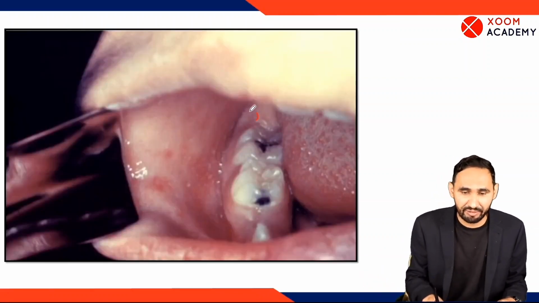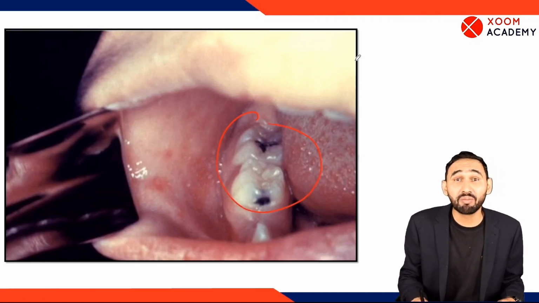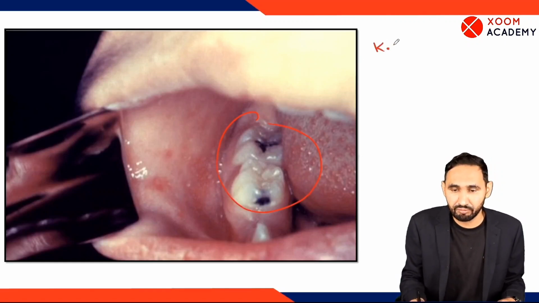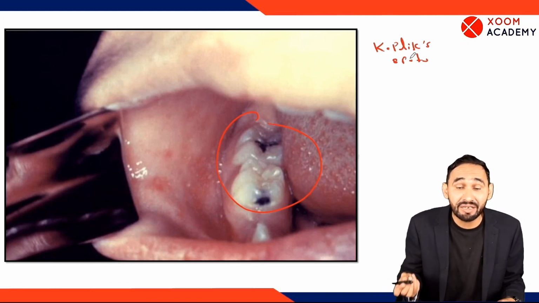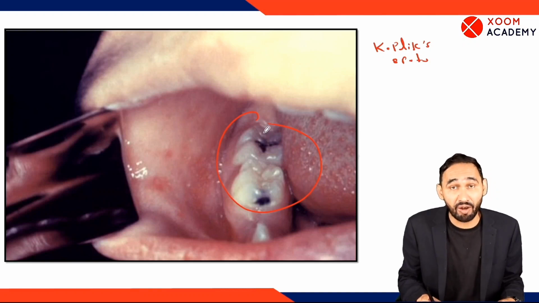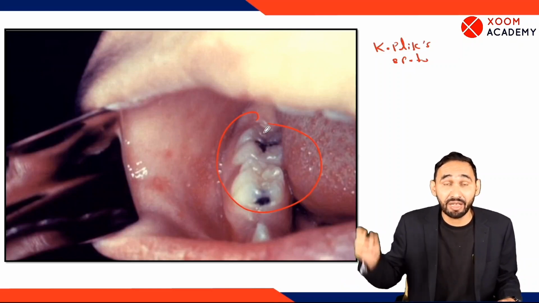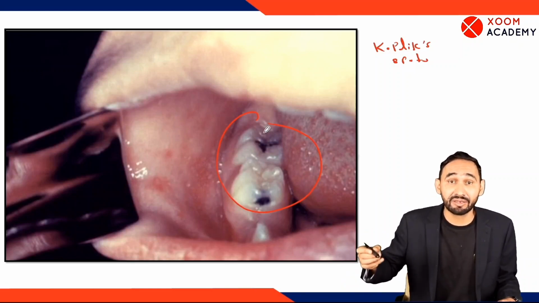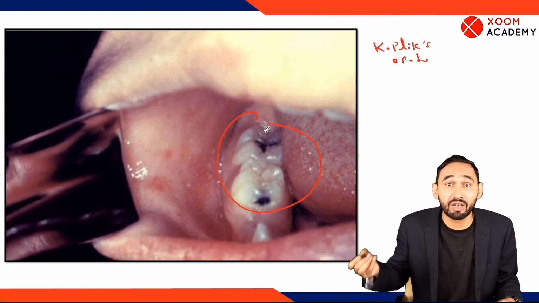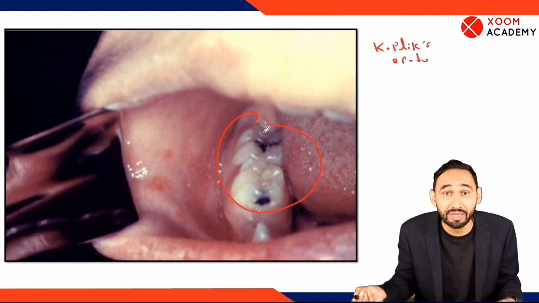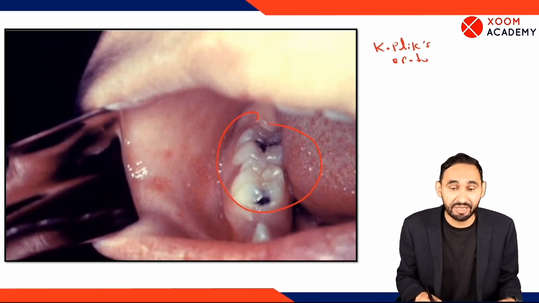Then Koplik spots. What are Koplik spots? Koplik spots are a pathognomonic sign of measles. They are pinhead size. They appear on the buccal mucosa. We can diagnose measles from Koplik spots. So you have to remember Koplik spots, rash, and fever. Sometimes they ask that a child under 5 years of age has Koplik spots on the buccal mucosa. The child is malnourished. What is your diagnosis? Diagnosis will be measles. So you have to remember these spots.